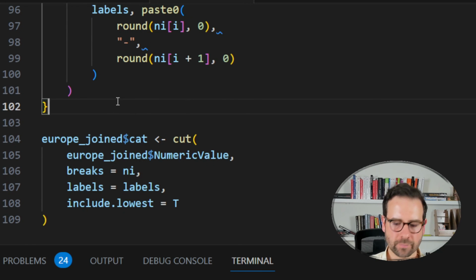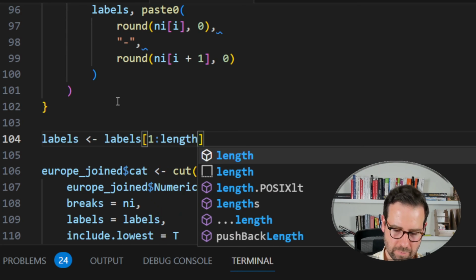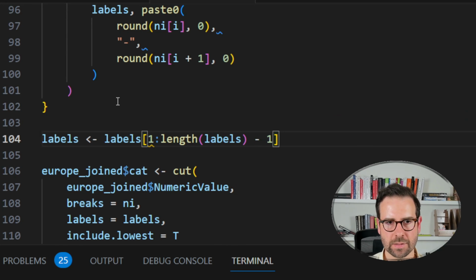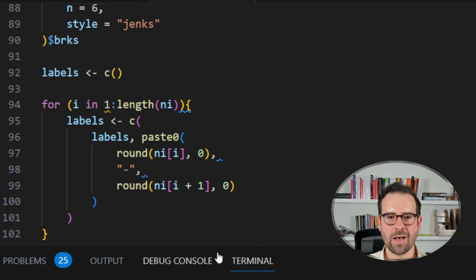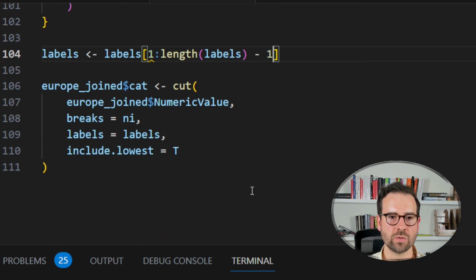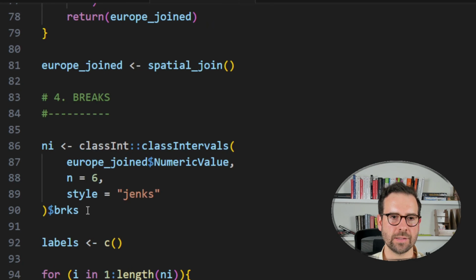So we're gonna update then this labels object, and we're just gonna put labels from 1 to the length of labels, and then discard the last one, so -1. All right, rather than running all of this, I would like to run one by one, and then I want to show you what actually we have here. Right? So first thing, let's just simply run this one,